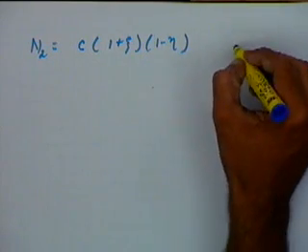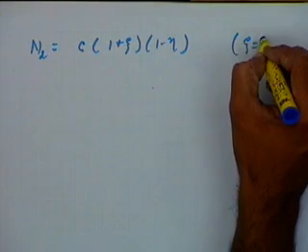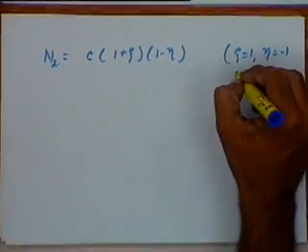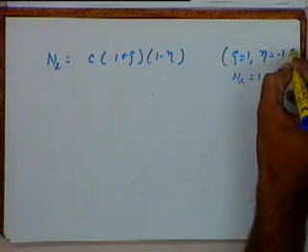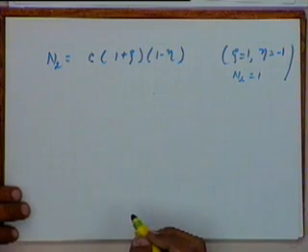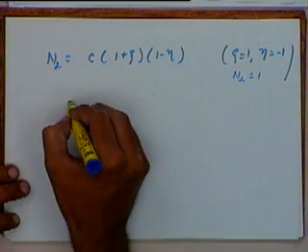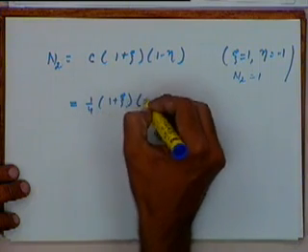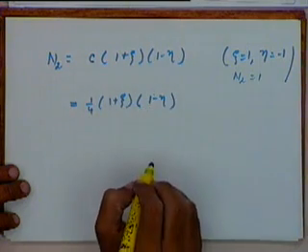And at zeta equal to 1 and eta equal to minus 1, n2 is equal to 1. We will use this condition now, and we will get n2 to be equal to 1/4 of 1 plus zeta multiplied by 1 minus eta,